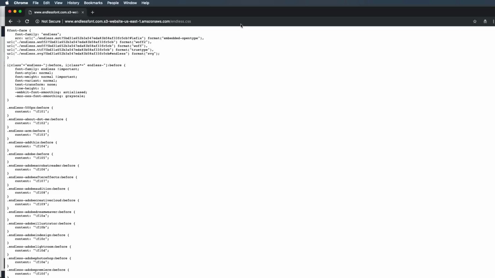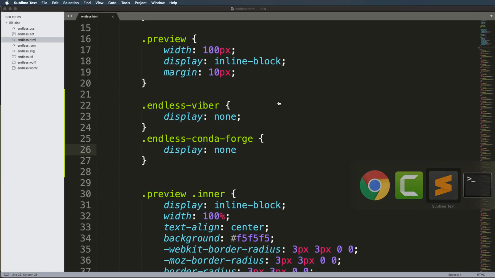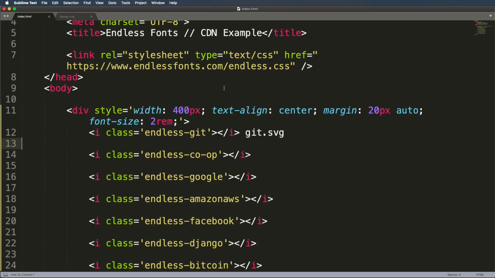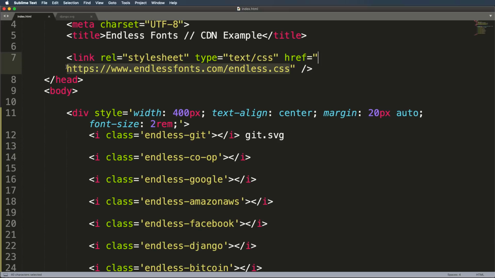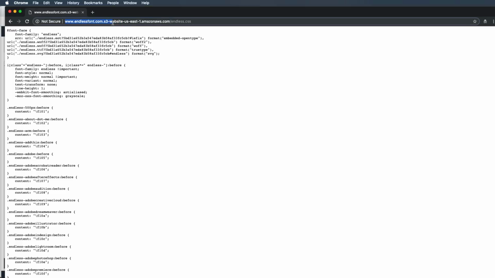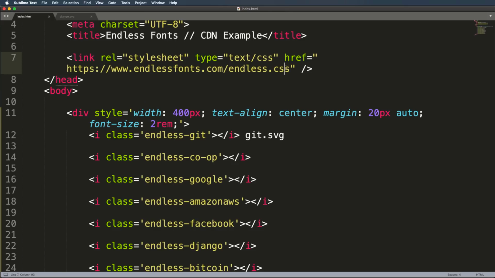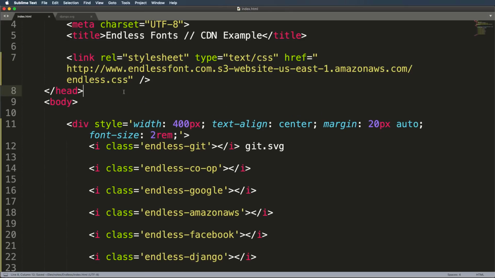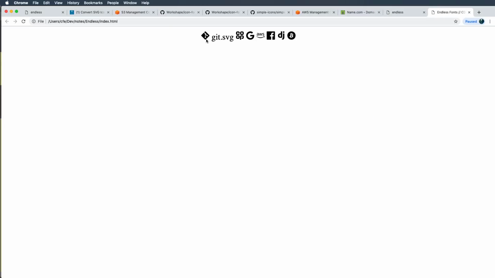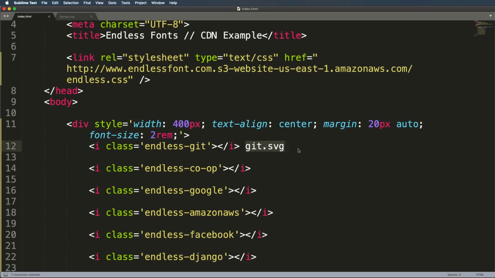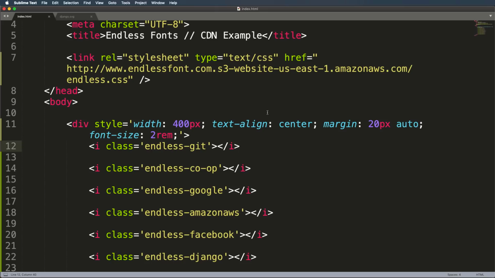So I'll be able to reference this anywhere on any HTML project with the current settings. So I could replace this with this. Let's go ahead and try that out. I'll replace this with this, save that, and let's go ahead and open this page in a browser. And now it's showing some of those things out, right? I wrote out get.svg, so let's get rid of that. And the same icons are rendering. No surprise there, but they certainly are working in the way that I might expect, and they're working from that